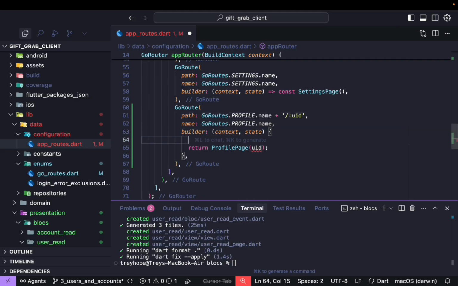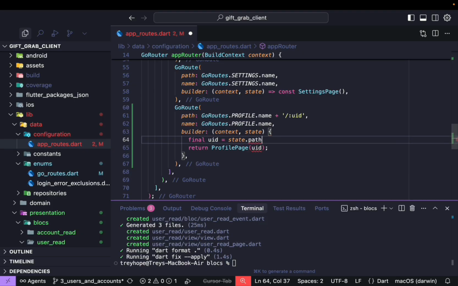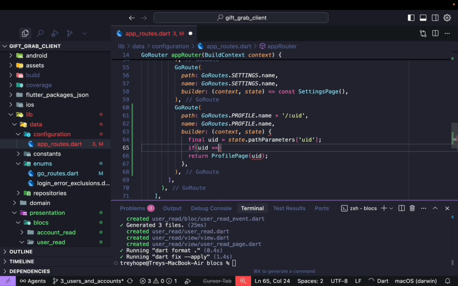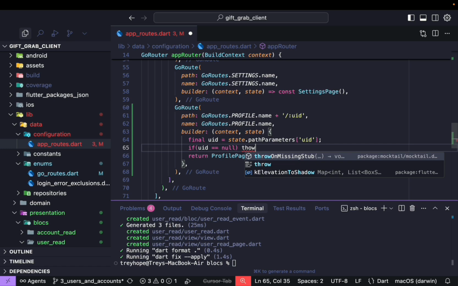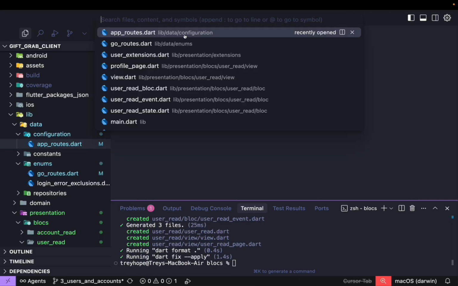And then from there, we can extract that UID from the path. State.pathParameters, whatever the UID is. If UID equals null, we'll just throw an exception. We shouldn't even be this far without a UID. Beautiful. Now let's go to the main menu page,